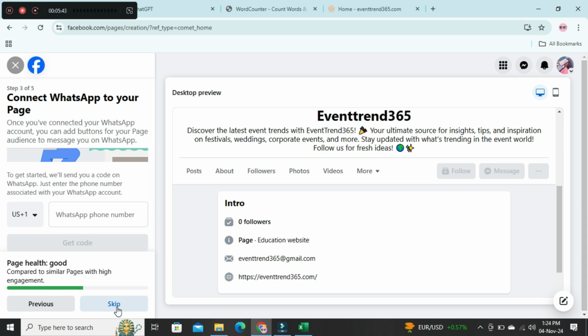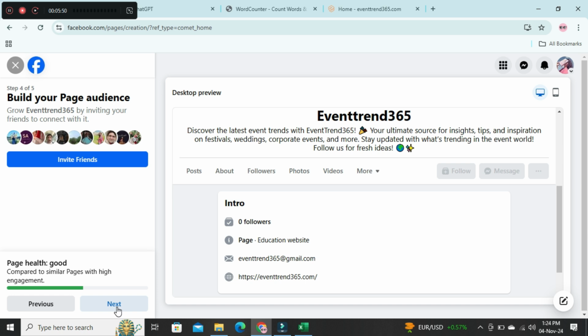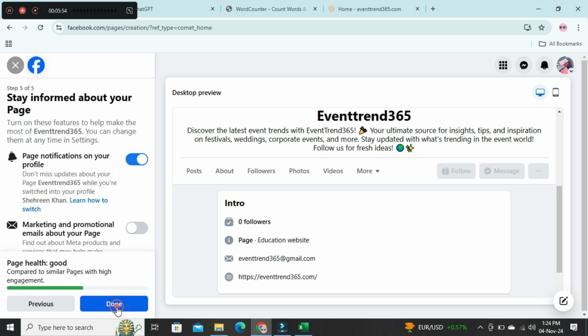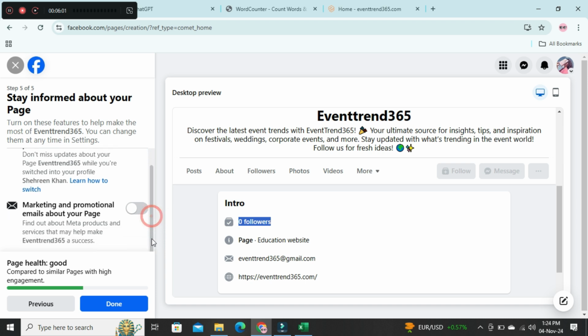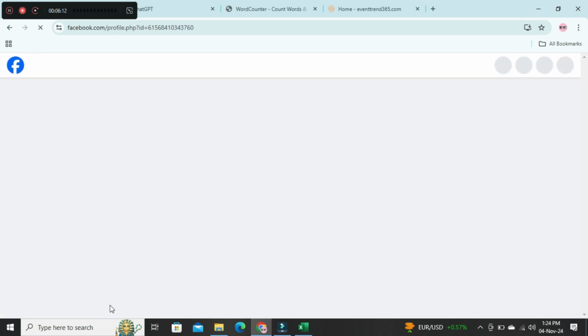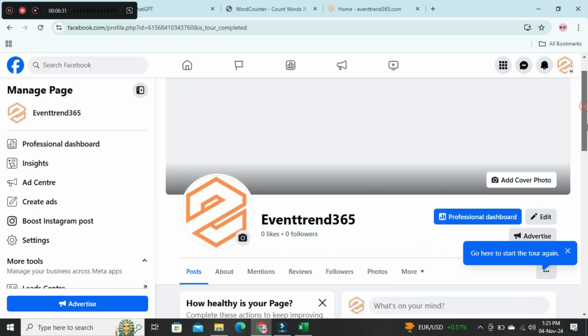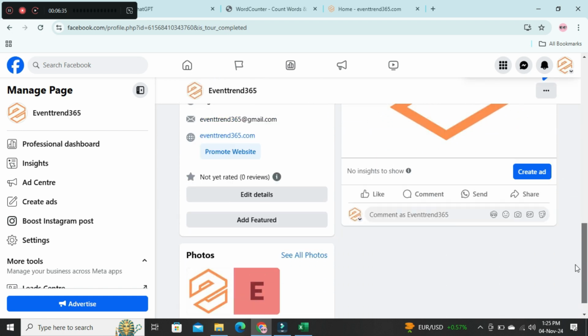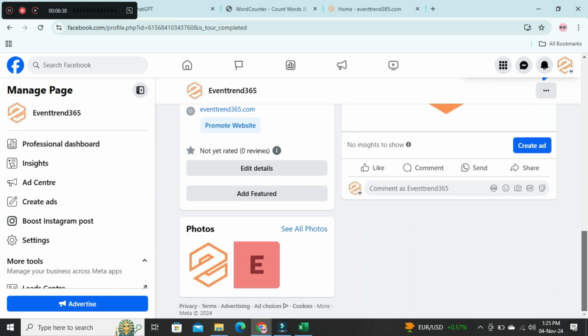Now I don't want to add my WhatsApp on there, so I can skip on there and click on skip. If you want to add friends, you can add them, but now I can skip and then click on add. Once I click on add, now my page appears, it just looks like this,